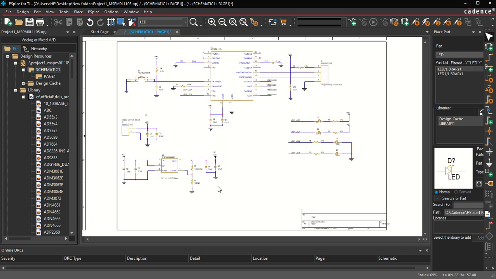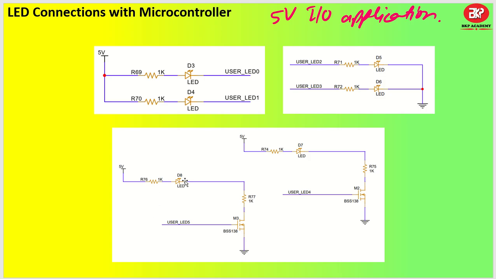Alright, so these two we have made. Now we'll make another circuit which we had seen. Sometimes the current requirement for this LED is going to be, let us say, 20 milliamps, or let's say 10 milliamps or something, and the microcontroller has no capability of either sinking or sourcing that much current. So we'll try to use a MOSFET for doing that job, and we'll just put a switching